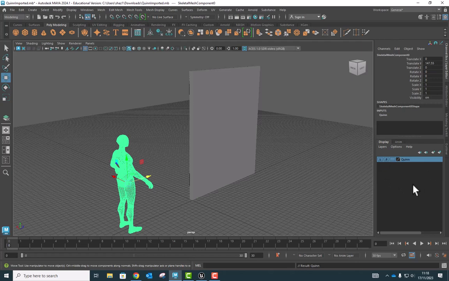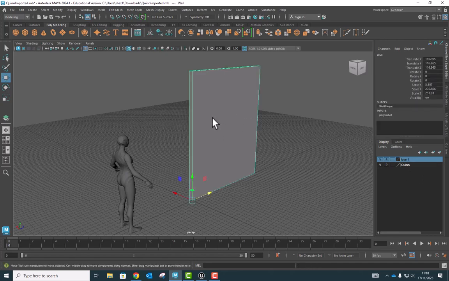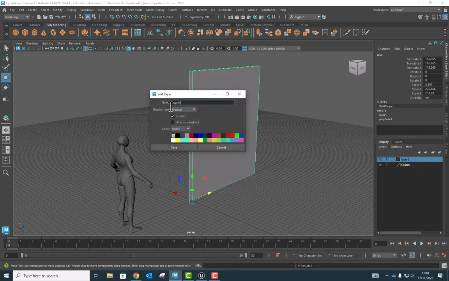Another way to do this is clicking on this button with the plus, and it says create new layer. This is one I want to add this object to, so I'm going to select the object. This is the wall that we're having, and I'm going to right click, add selected layer. So now it's added that to that layer. So I can call this one,